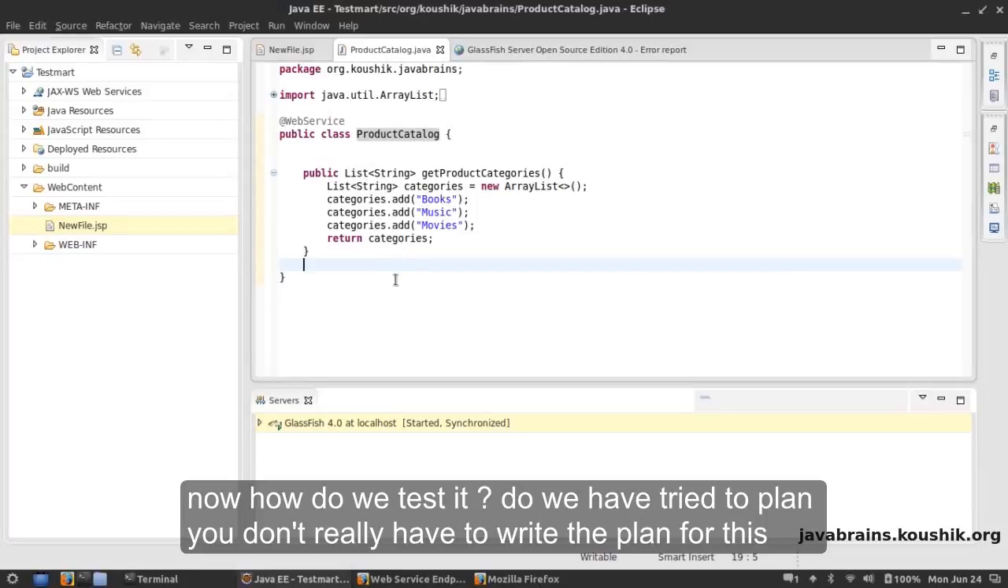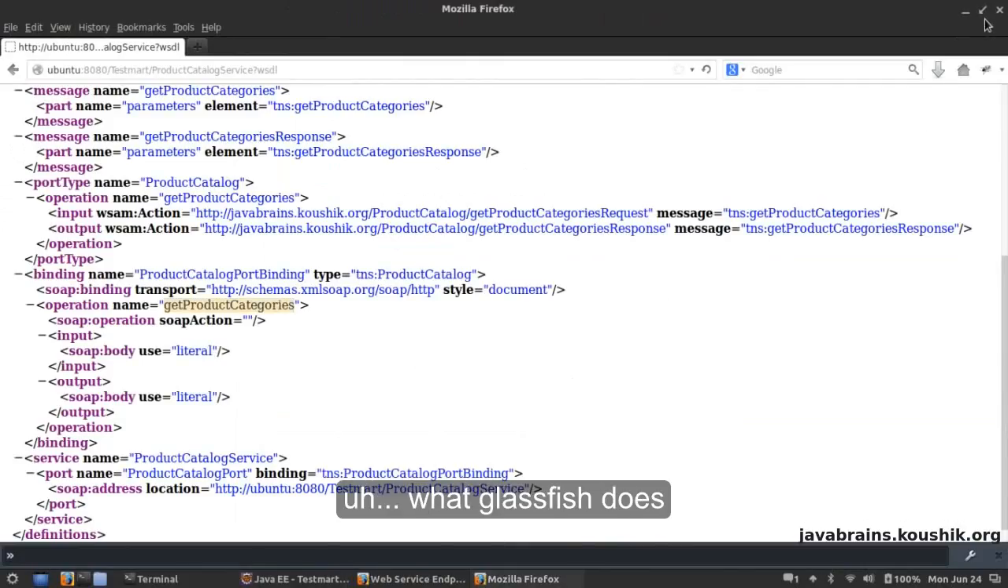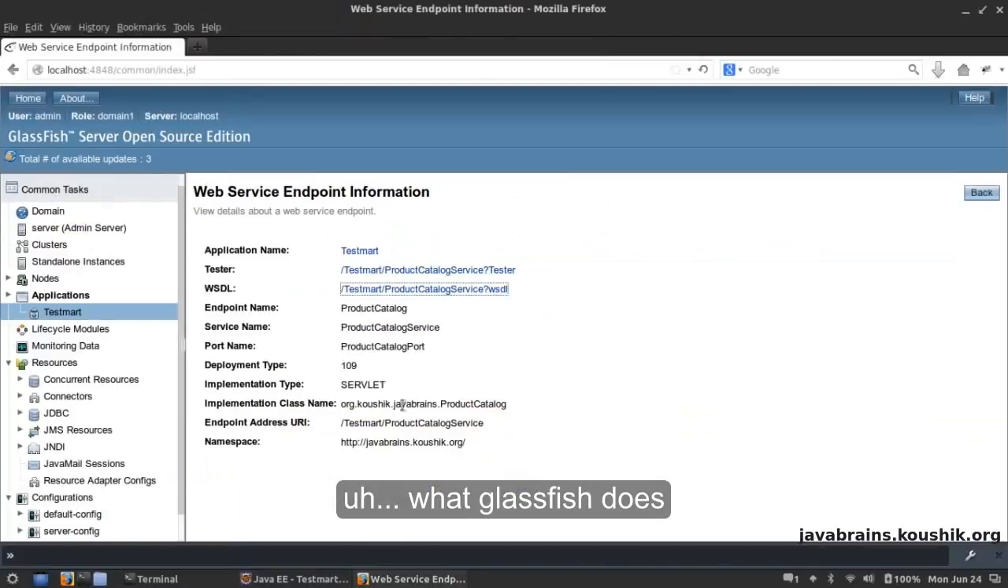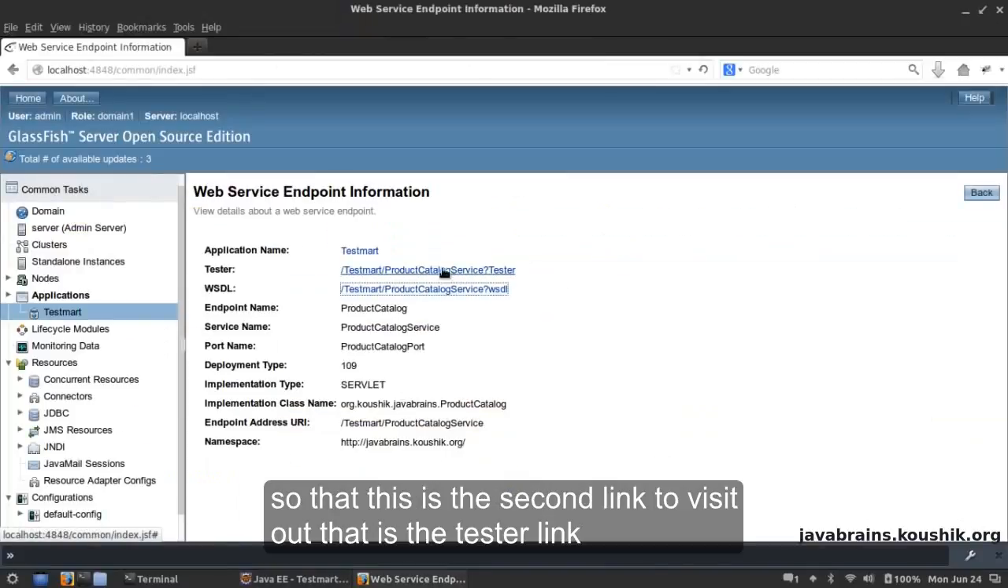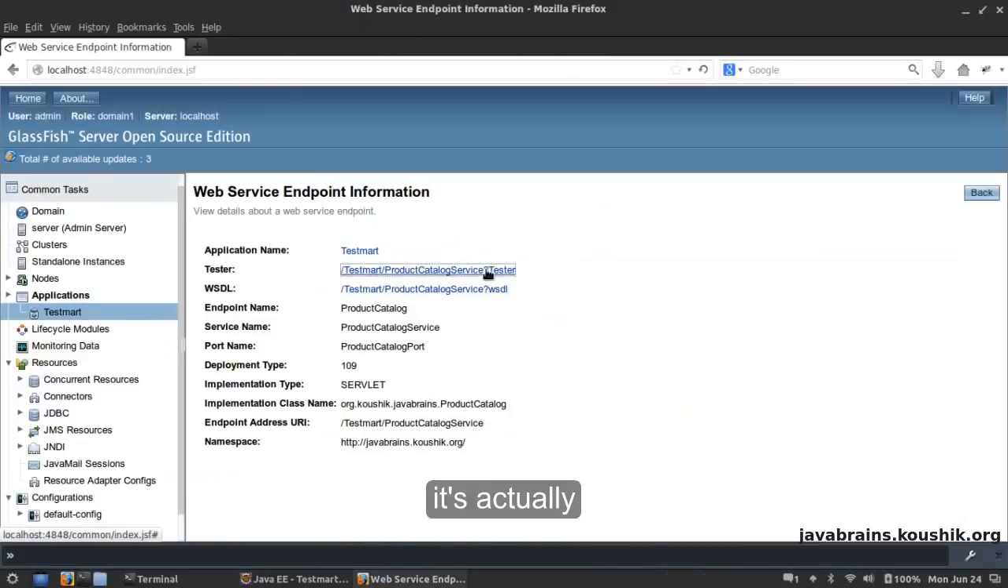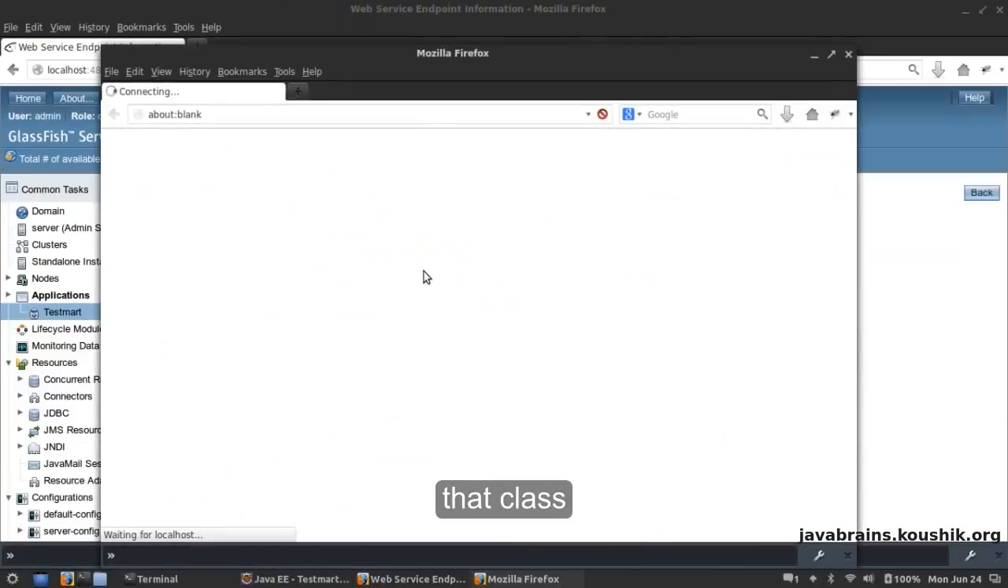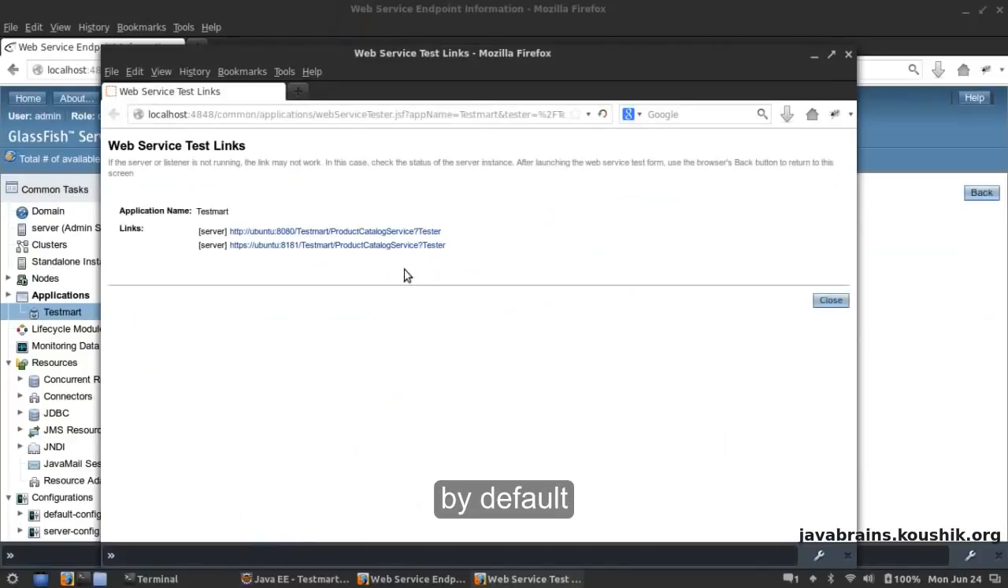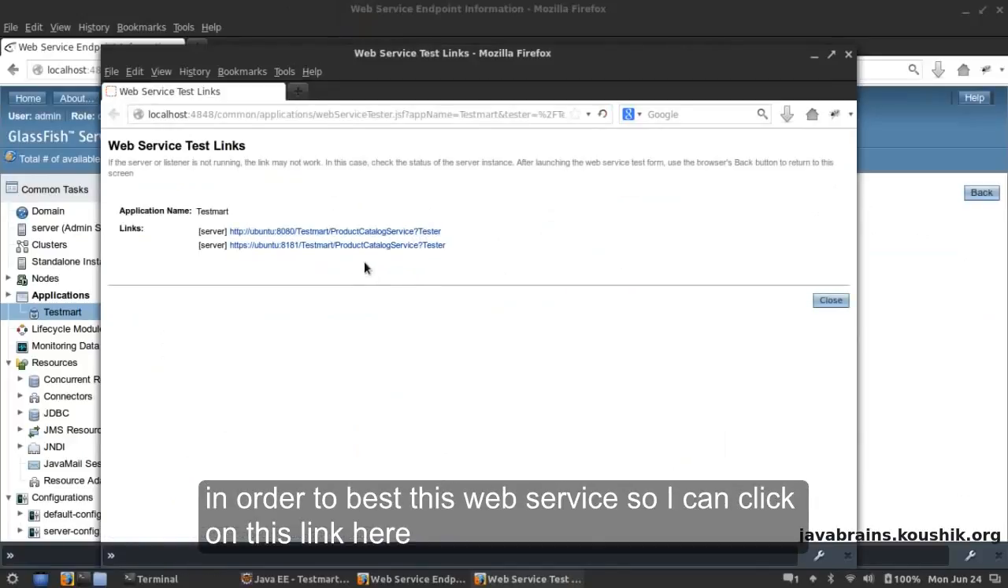Now, how do we test this? Do we have to write the client? We don't really have to write the client for it also. What Glassfish does is it provides us with a tester. So this is the second link that we saw. There is a tester link. It's actually a UI that Glassfish generates by default in order to test this web service. So I can click on this link here,